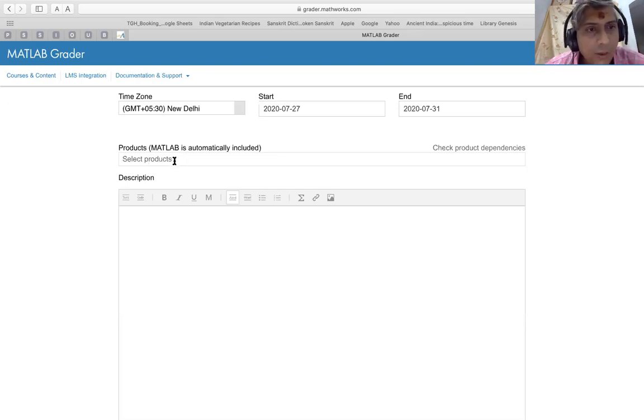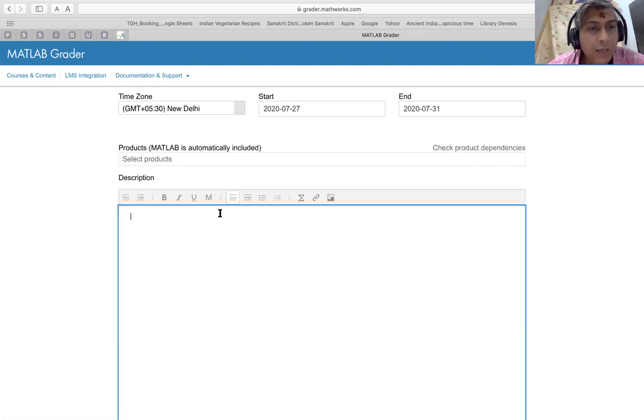Right now, I'm not going to select any product per se. You can always type in a product here and check for product dependencies. Some of the toolboxes may require another set of toolboxes to be loaded. I hope MathWorks is working on automatically selecting the products based on what you have written, so that the user doesn't have to go through this.